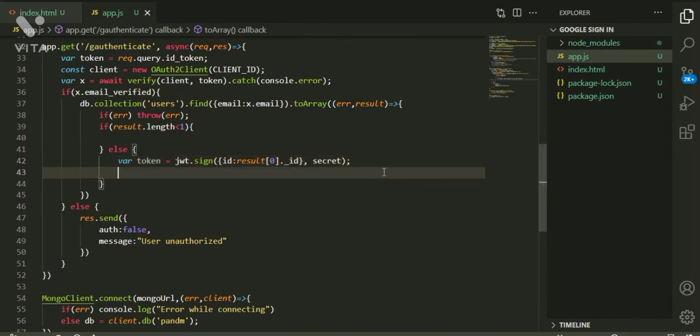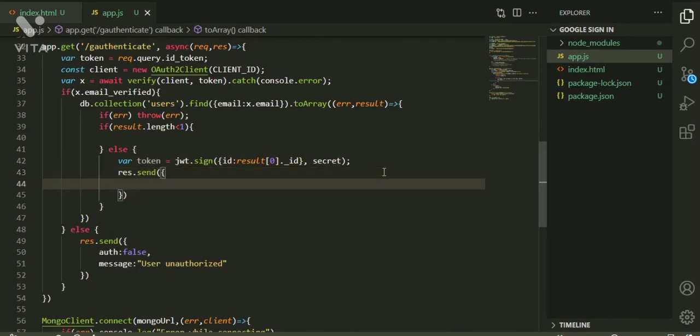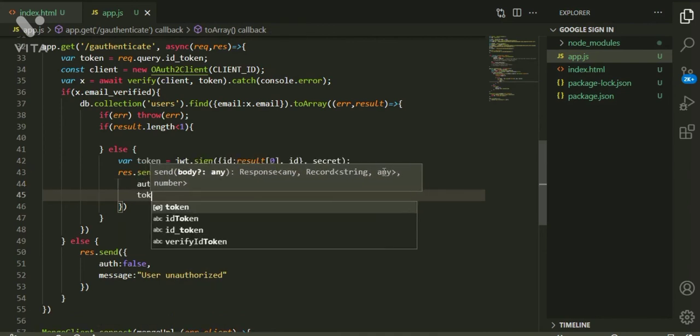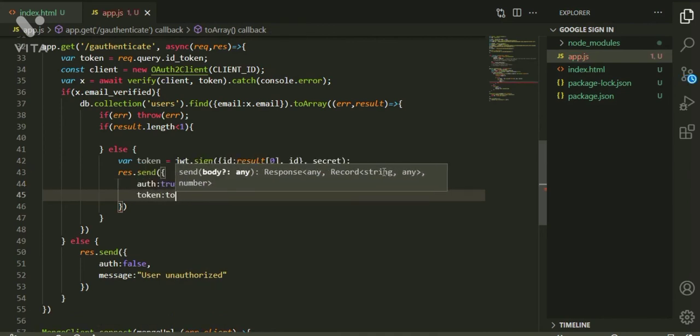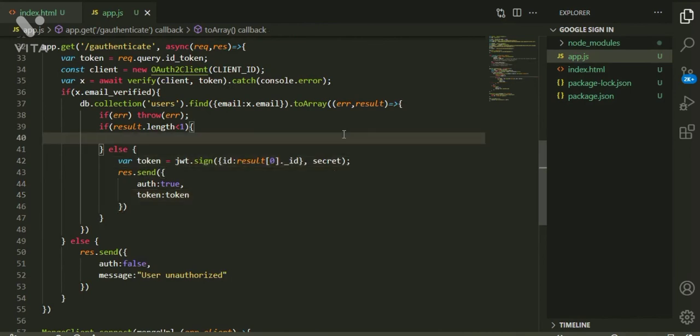Then we'll send it as res.send. Now authentication is success, so auth true, token, right? That's it.